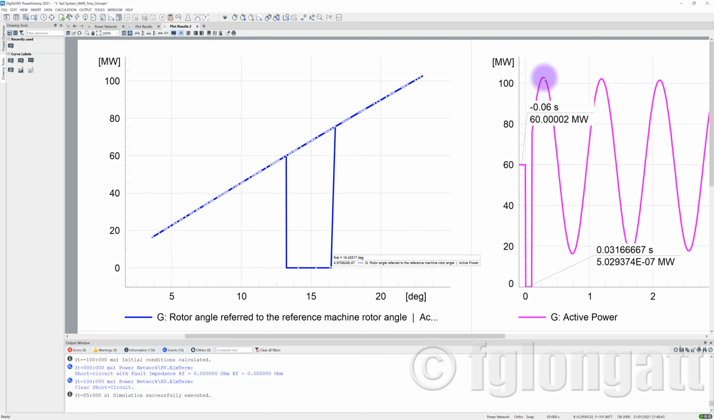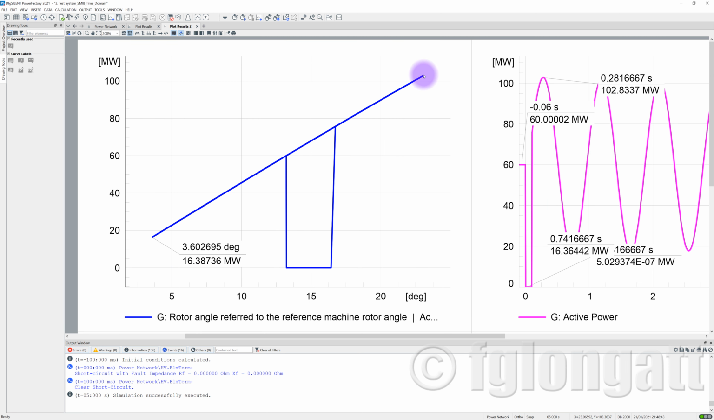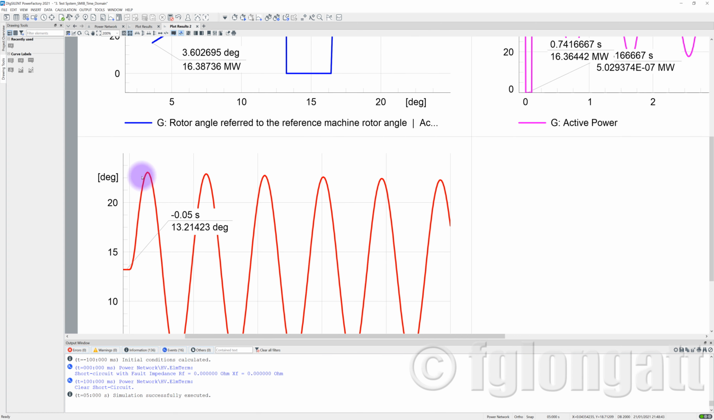And let me show you something amazing. I want to show you this because this is beautiful, okay? Here you can see the maximum oscillation. The maximum oscillation here is 102 megawatts. And here, the minimum oscillation is 16 megawatts. Look over here, this point is 16.3, and that point over there is 102. And if we go to the angle, that is also amazing because you can see here